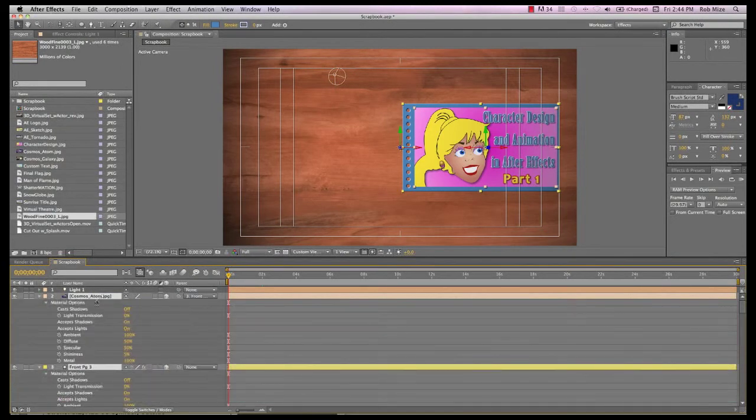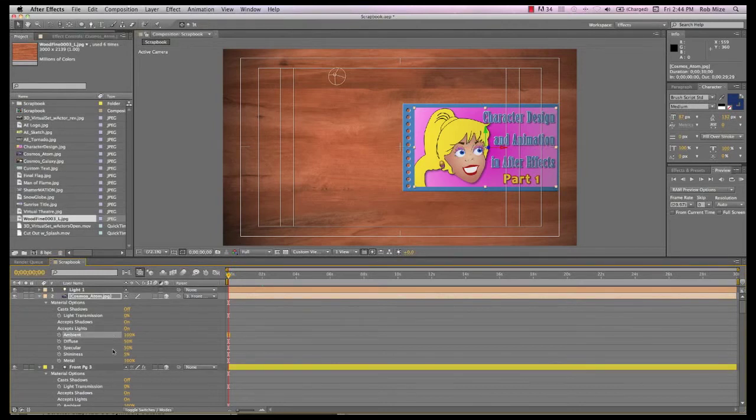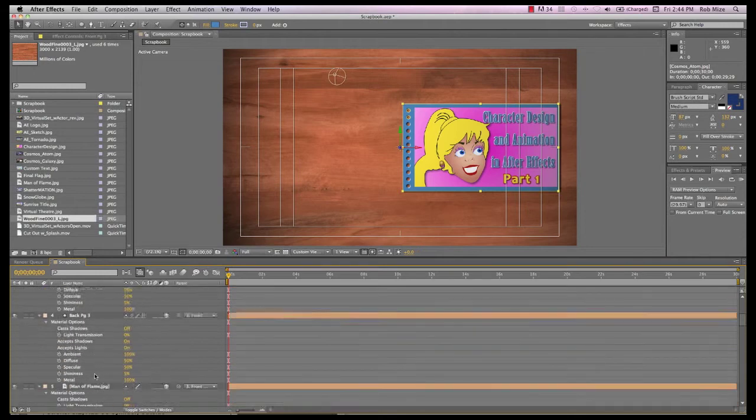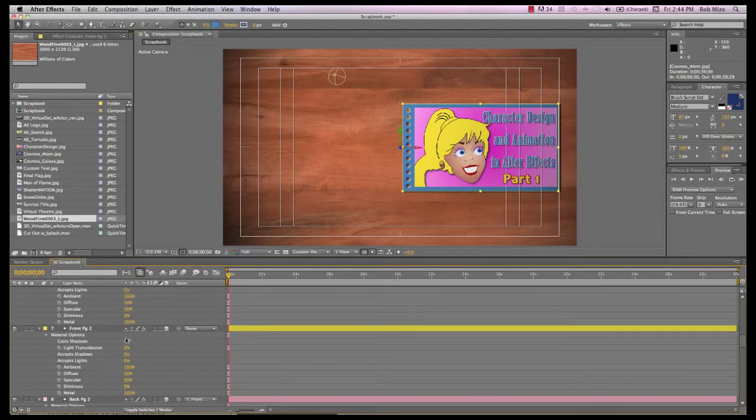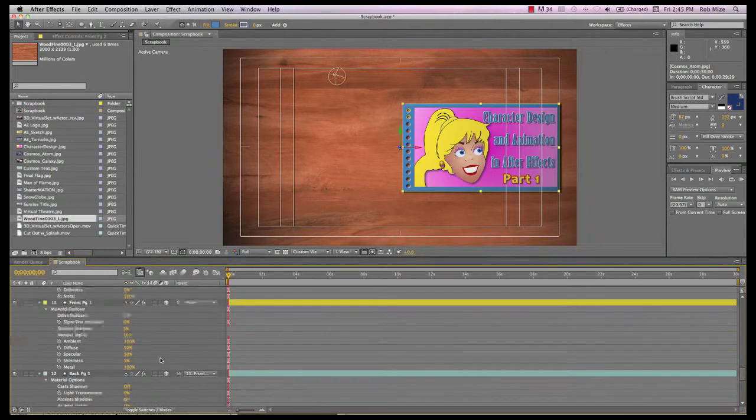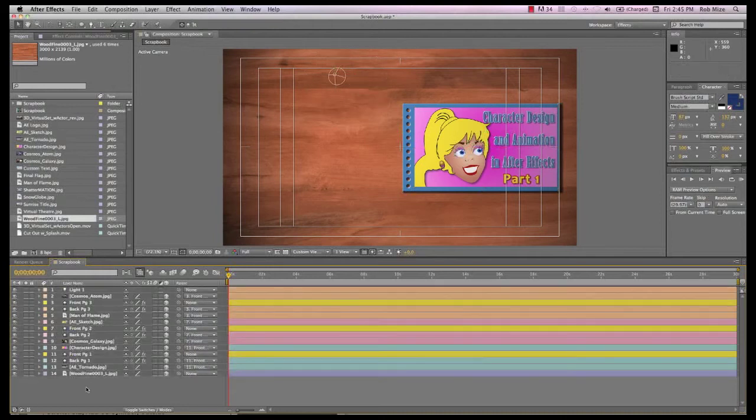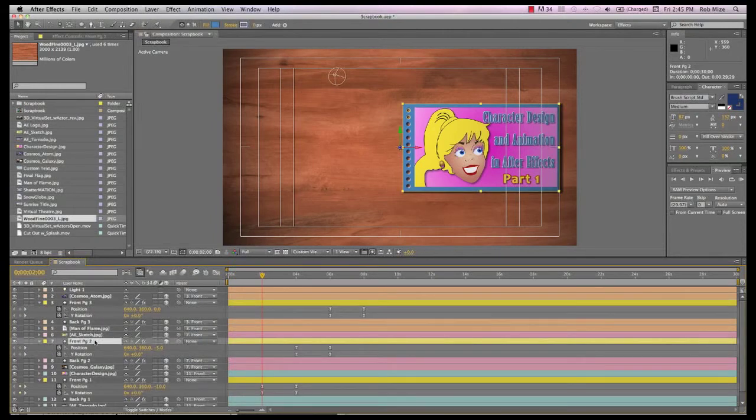Let's come down to our front page control layers and change those values to cast shadows on. We're going to let those layers do all the work as far as casting the shadows. There's no sense in everything casting a shadow. However, these shadows are cumulative. That is, as you get additional pages piled on each other, the shadow gets darker, and I don't want that.